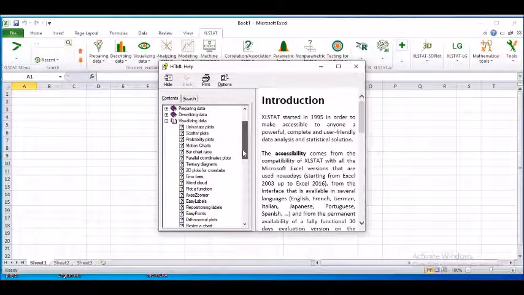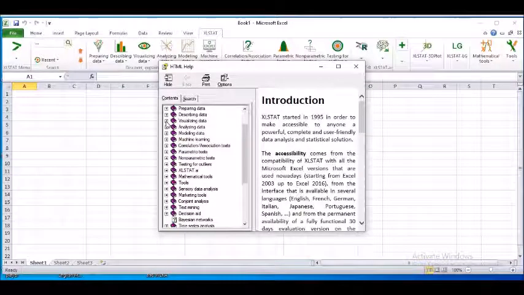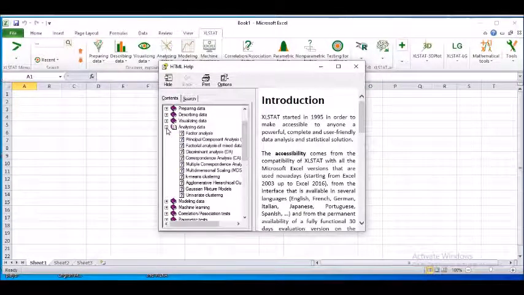Now similarly, you can just minimize this particular section, and then carry forward with visualizing data also, so that you are able to understand what kind of visualizations we are talking about with the help of our data. So if you go ahead and click on the visualizing data part, you will understand that yes, data really speaks to you. It's only up to you how well you are able to understand and interpret it and put it into words so that it can work out for you.